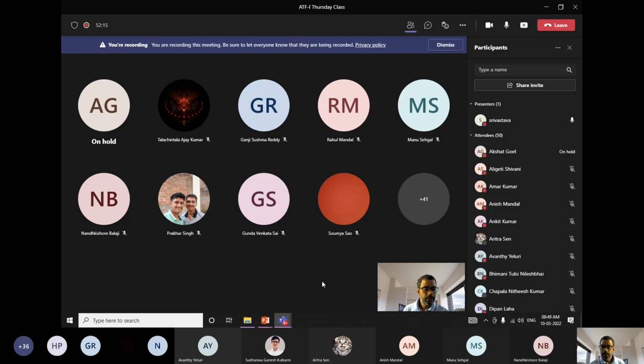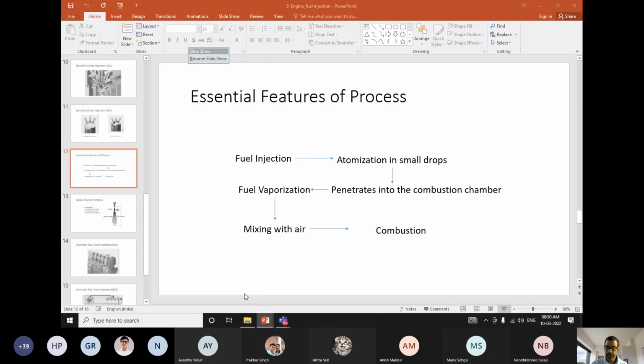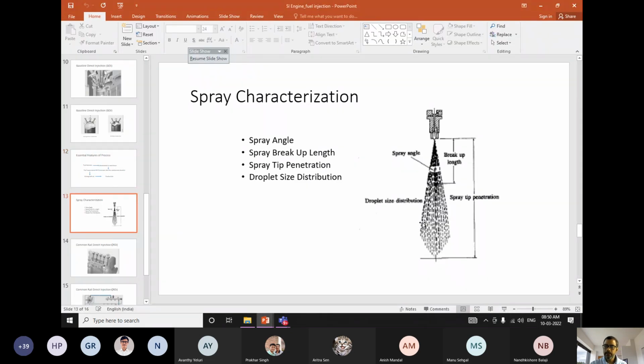Yes. You may ask some other spray parameters. Yeah, please ask. Does the droplet size distribution vary along the streamline of the fuel? You are asking whether the fuel droplet size can vary from here, something like that? Yes, it can, because